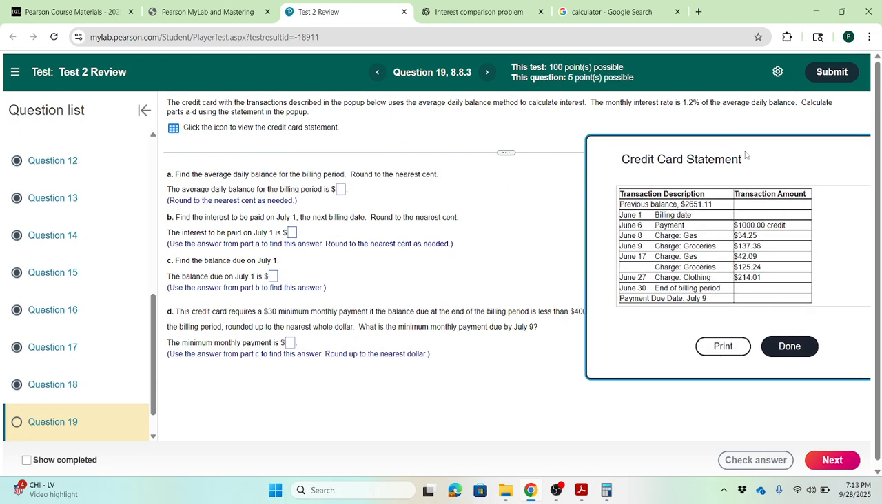Okay, this is the statement. Transaction description. Previous balance is 2,651 bucks 11 cents. June 1 billing date. June 6 payment 1,000 bucks. June 8 charge gas $34.25, and so on. Find the average daily balance for the billing period. Round to the nearest cents. The average daily balance for the billing period is,